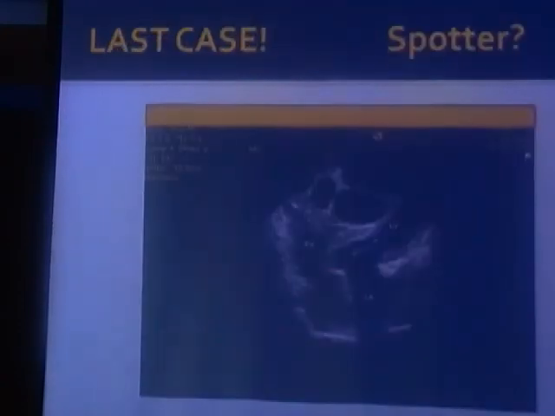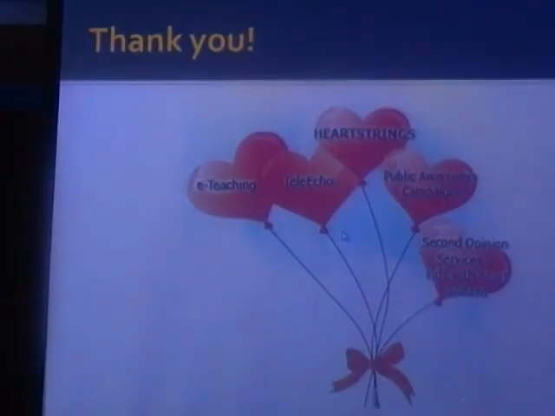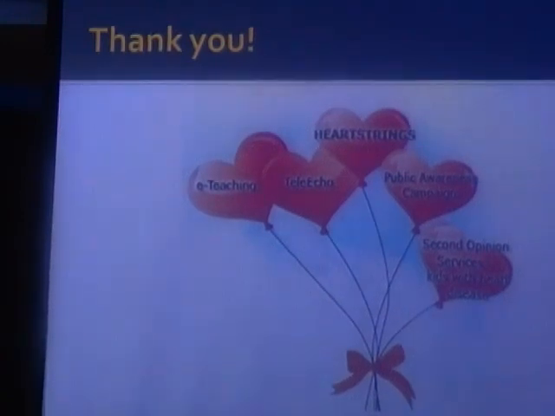And this is a rapid fire last case spotter. This is a 4-chamber view of the heart. So this is a hydatid cyst of the heart. So that's why pediatric cardiology is interesting. You see everything in it. Initially I thought it was a tumor actually, but it's a classic hydatid cyst. You can get it even in the heart. But it's very unusual. Reportable. Liver and lungs. Yeah, very unusual, but does happen.